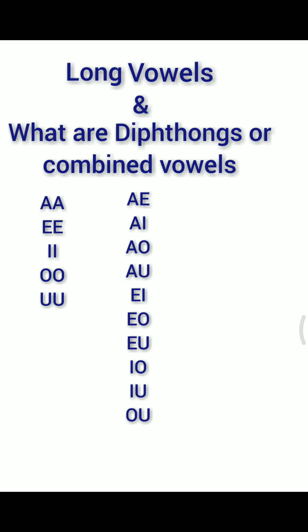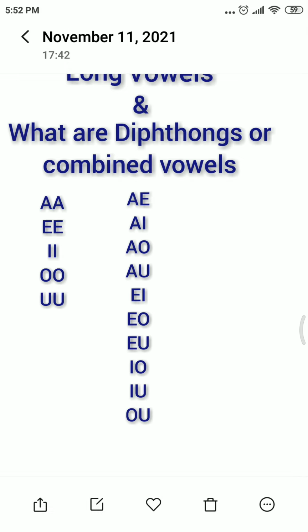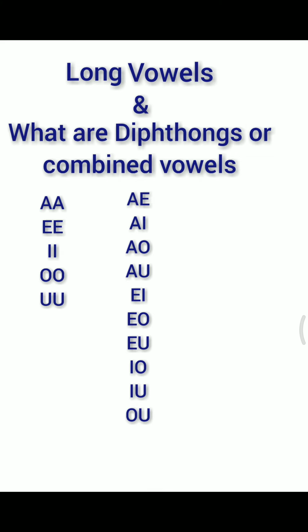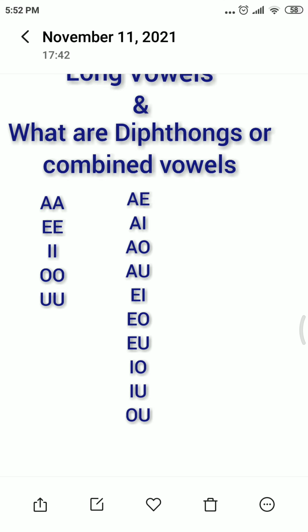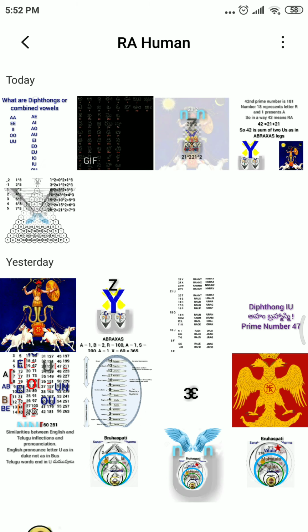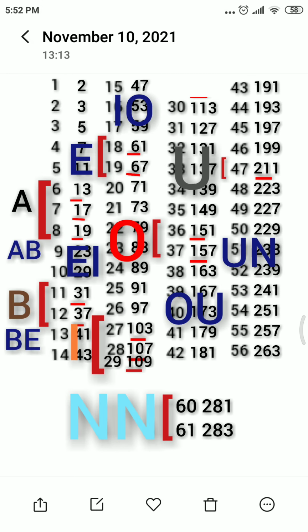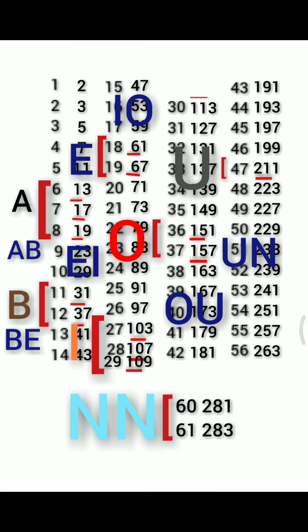We use some of them very frequently, the sound of OU, the sound of AI, we generally use. We also use EU. So that's pretty much about diphthongs, and let us see how they will affect the structure of our